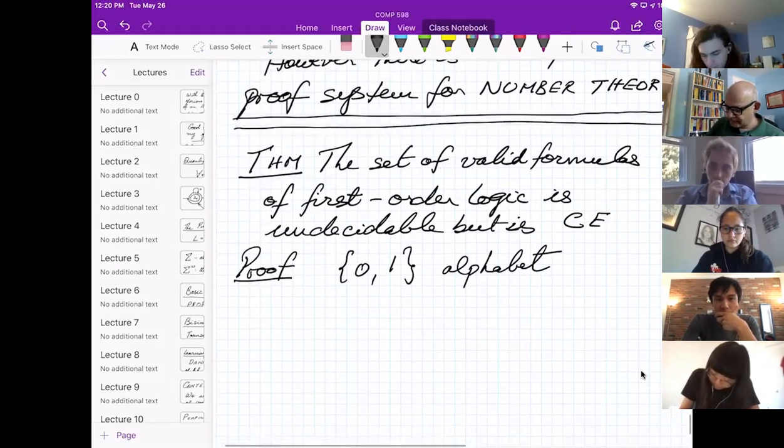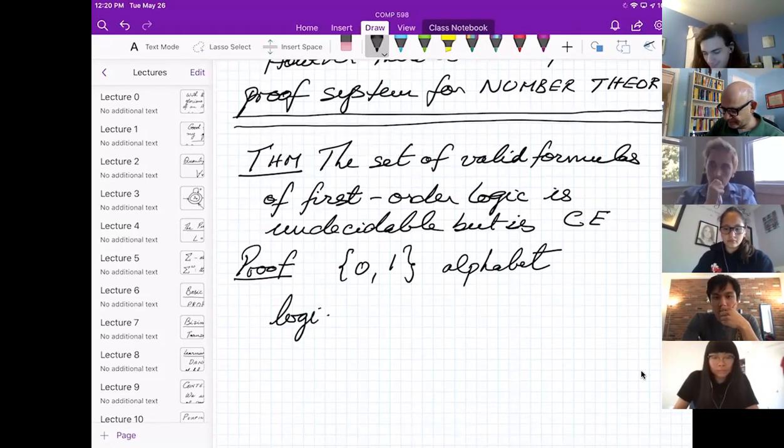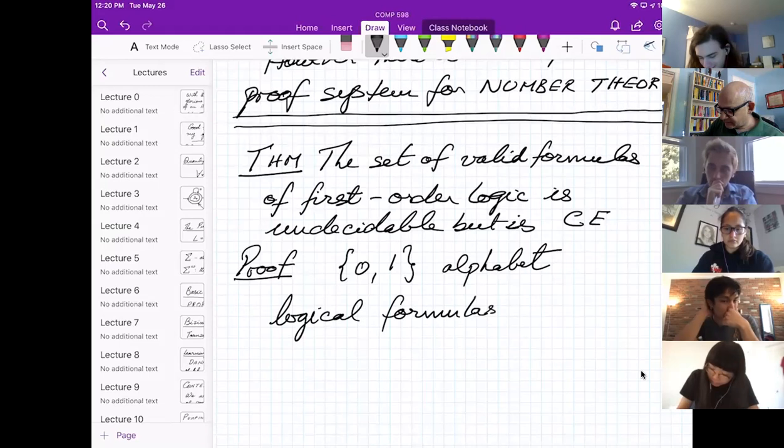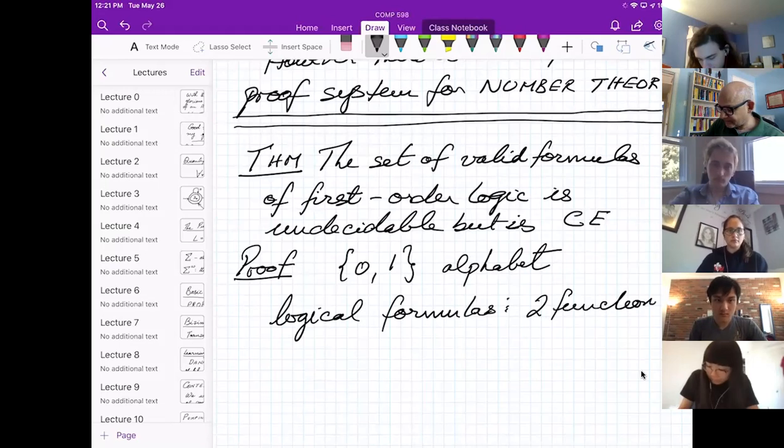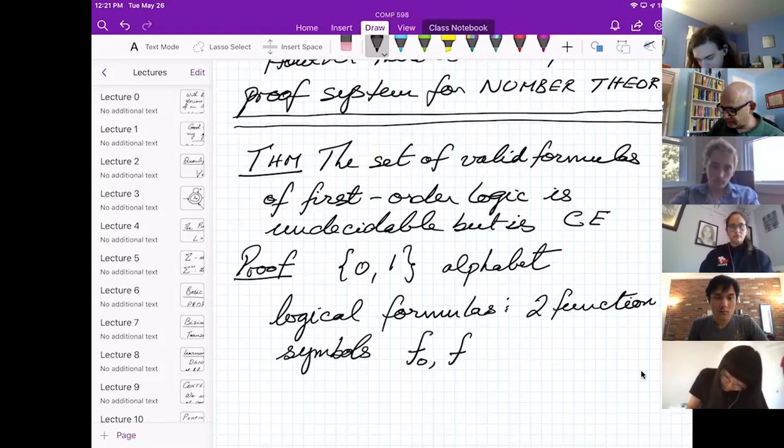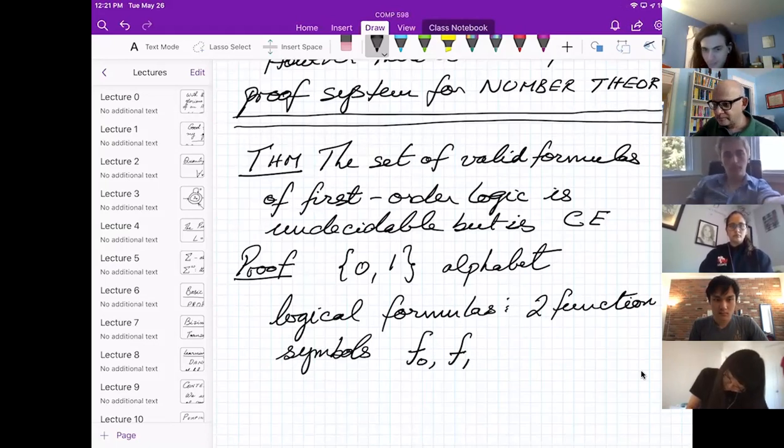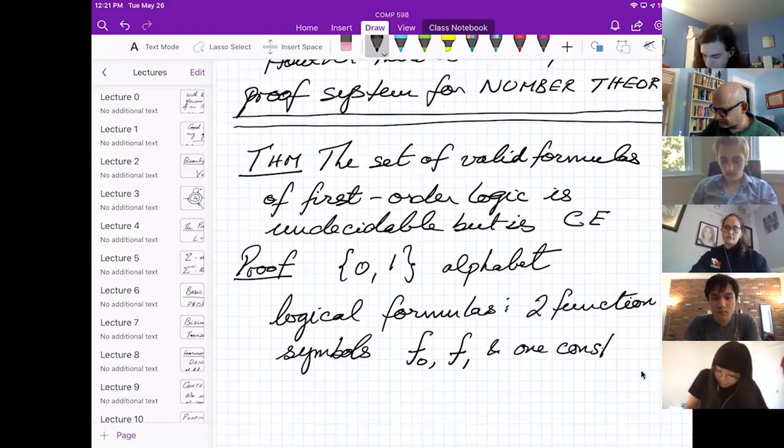Okay, so in our logical formulas, we will have 2 function symbols, which we will call f sub 0 and f sub 1. And it's not a coincidence that these are exactly the letters in our alphabet. And 1 constant, which I'll just call A.